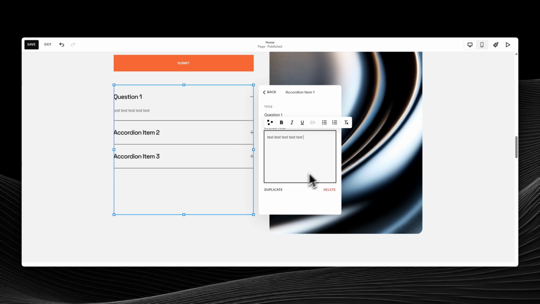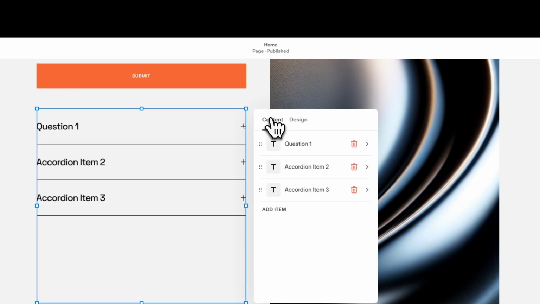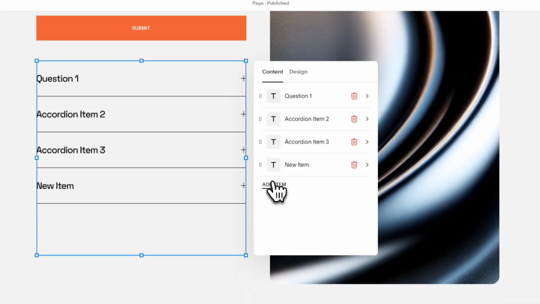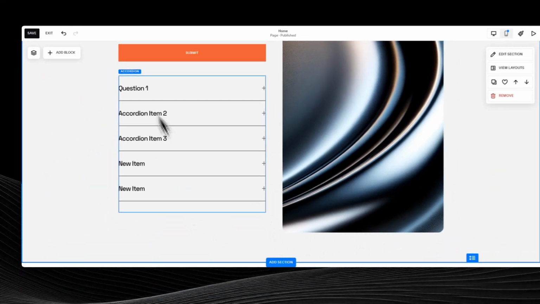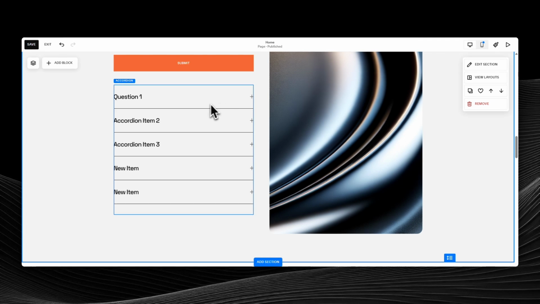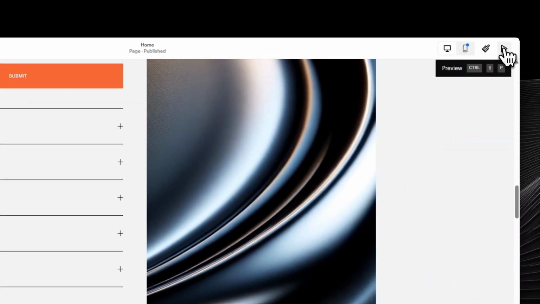You can usually reorder items, adjust whether items start expanded or collapsed, and set visual details like icons and spacing. Choose options that match your site's tone and make scanning effortless. As you configure, focus on grouping similar questions together and using consistent phrasing, which helps visitors find information faster and